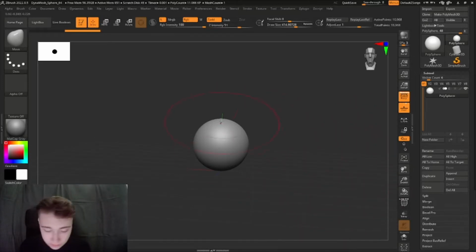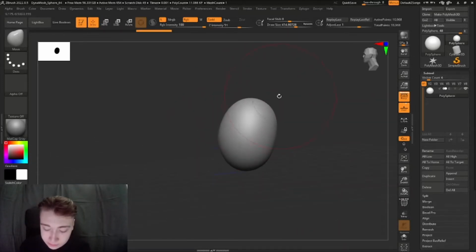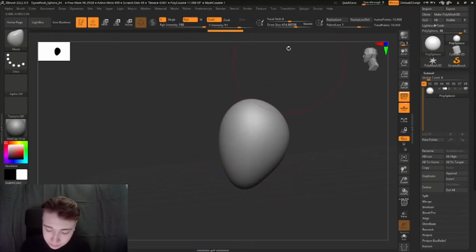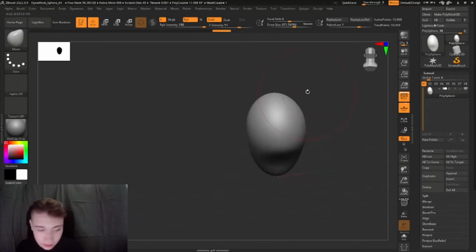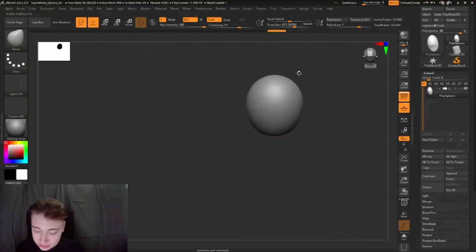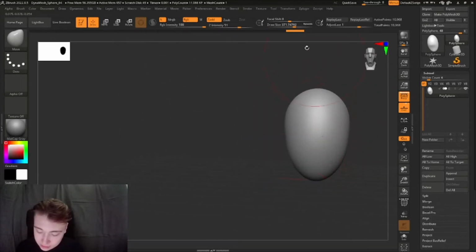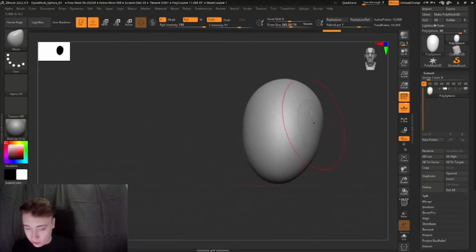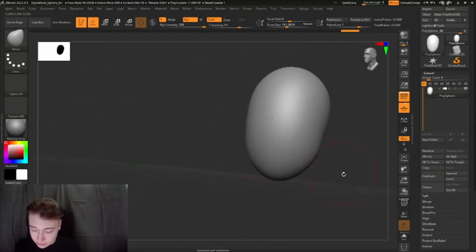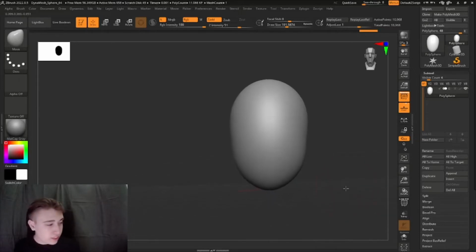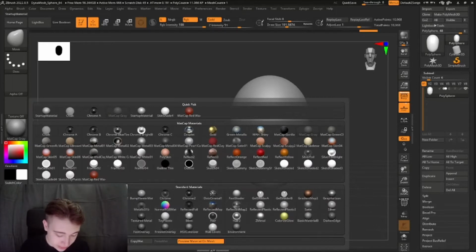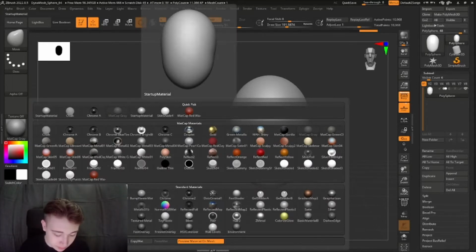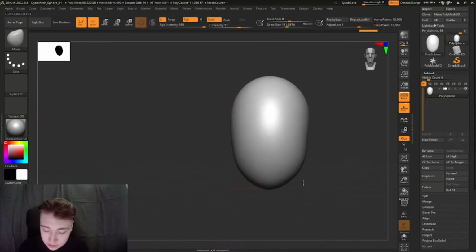on the last one. Alright, now we're just gonna start with dragging out a very basic head. You can see, very basic. Just pulling out the proportions, making it look like a head. And it's an orc, so I want some ugly features. But I won't use this MatCap, so change it from MatCap Gray to MatCap Basic. I have a special material that just made this one a little bit more shiny, as you can see. So just use the basic material,